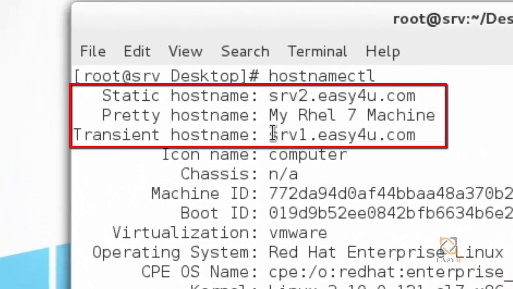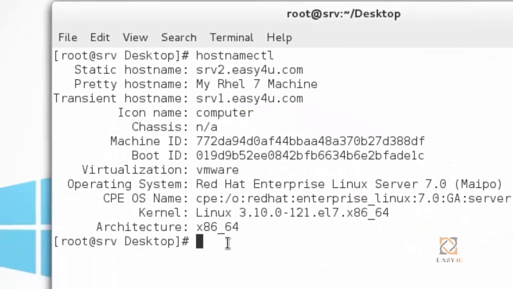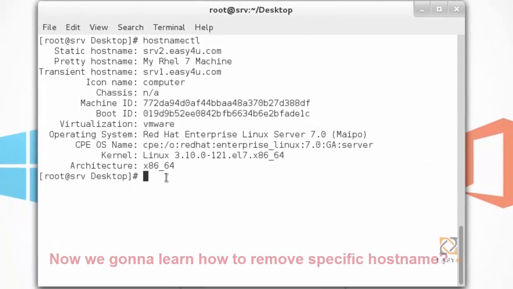The new transient hostname is srv1.easy4u.com. We have learned here how to set a static hostname, pretty hostname, and transient hostname.